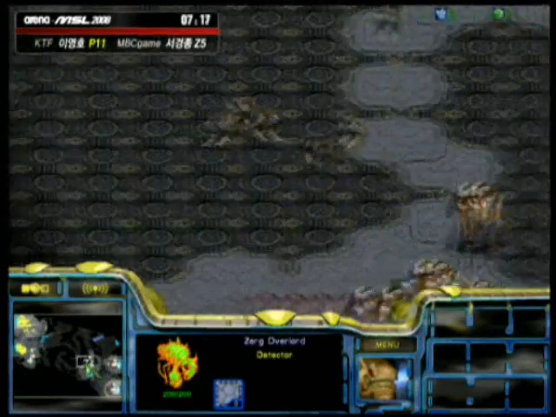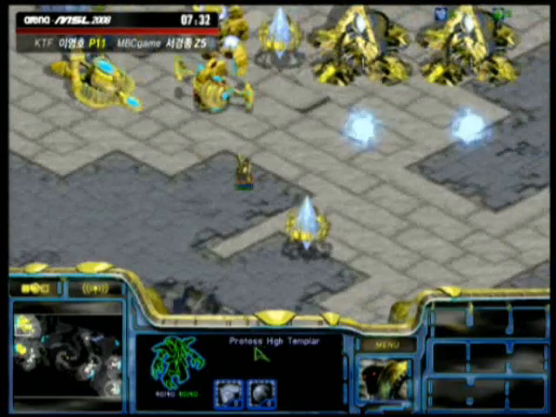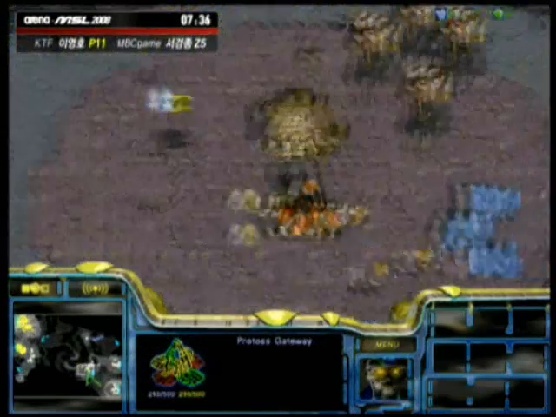So still not very many drones. Looks like he may be doing a 4-hat Hydra build. But Lucifer should be fairly prepared for this, because he's going to have Templars out fairly shortly. He's got the fast Templar Archives. But Lucifer has to realize, if he's not aggressive, Shark's just going to be able to take more and more expansions. So I think Lucifer does realize this, because he's now getting